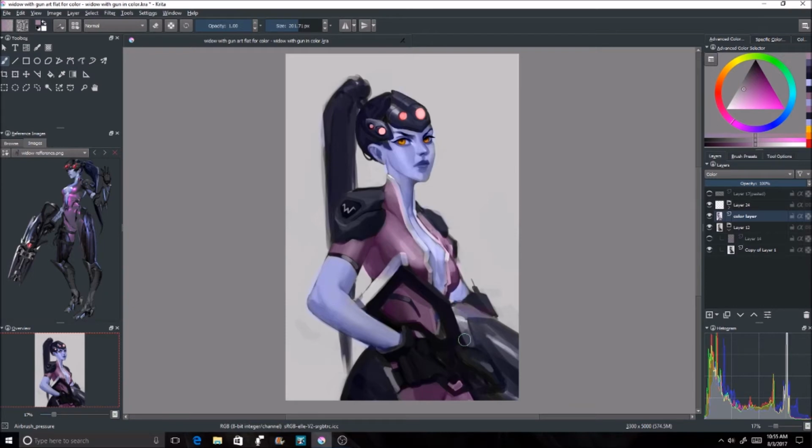Okay, so I'm just about done adding all the local colors to everything, and even though I have a lot of grays, I make sure to add some color to that. You don't want to leave it just gray, or it won't really fit in with the rest of the color of the painting. And the next thing you do, which is still kind of step one, you're still on the color layer, but now you're adding saturation to where you believe you need it, which is usually near areas that are lit, and